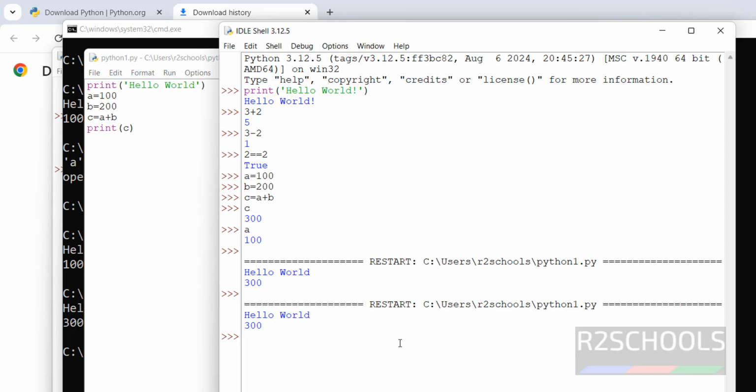Okay, so in this video we have seen how to download and install Python 3.12.5 on Windows 10 or 11 operating system. Then we have seen